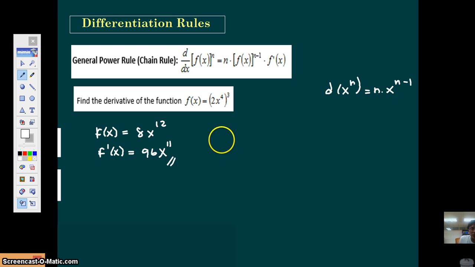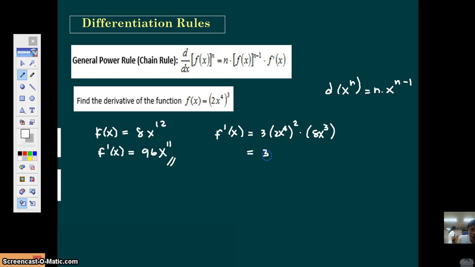Now, using the general power chain rule. So, your function is 2x to the fourth raised to 3. You'll bring down that power 3 first. And then 2x to the fourth, the power will decrease by 1, becomes 2. However, we need to multiply this with the derivative of 2x to the fourth, which is inside, right? So, the derivative would be 8x cubed. Now, simplifying this, you get